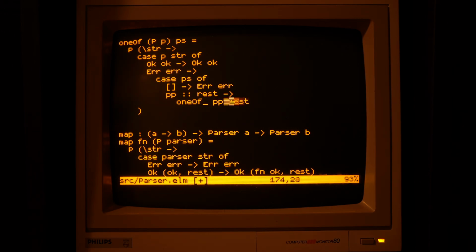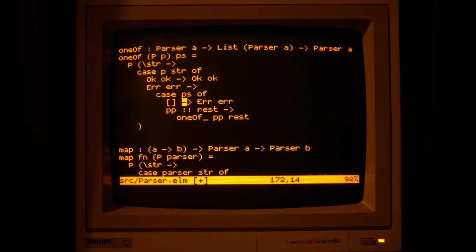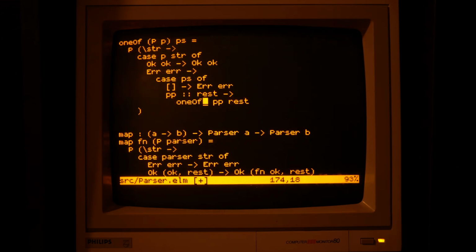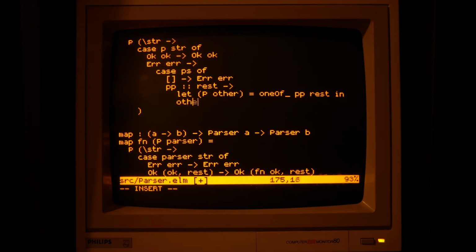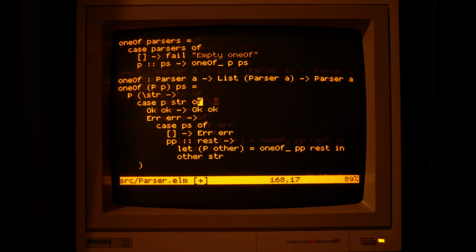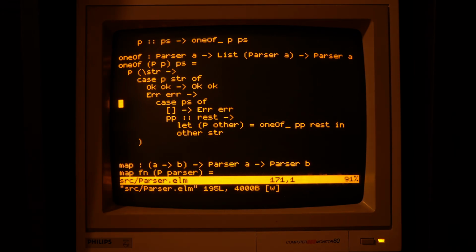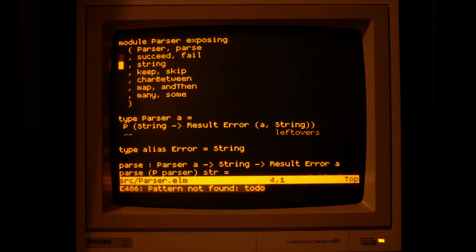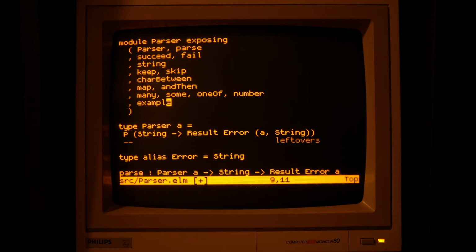As usual, there's some unwrapping that we need to do because we are inside the parser function. We are not on the outside surface level combinator API. And you can see that we are giving the other parser the same original string. They will try from the same starting point as all the other alternatives before them. Let's expose everything and also fix a tiny error where I forgot to rename the helper function.